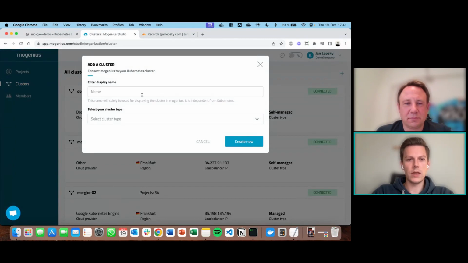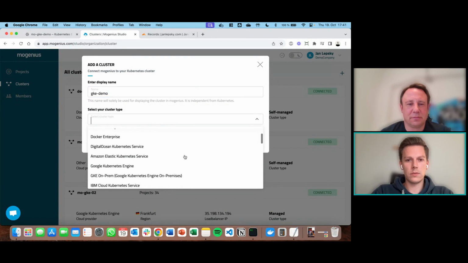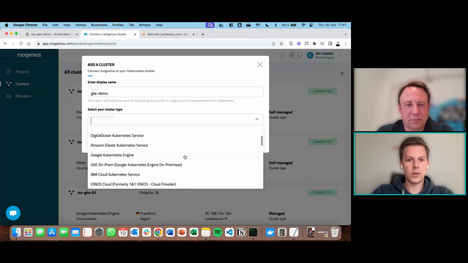So I'm going to add one here, type in the name of the cluster, and then we can search for the type of Kubernetes that we're running here. So the Mogenius operator supports a wide range of Kubernetes clusters, basically any Kubernetes version that you see around currently, if it is a hyperscaler or on-prem or local clusters, mostly supported.